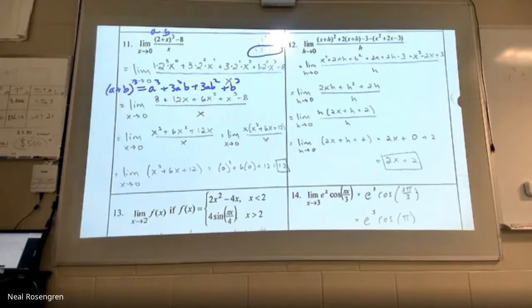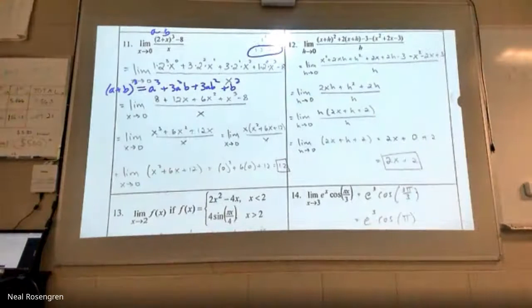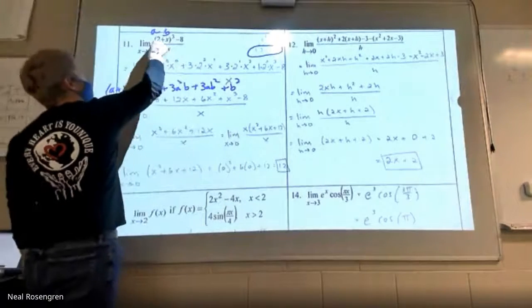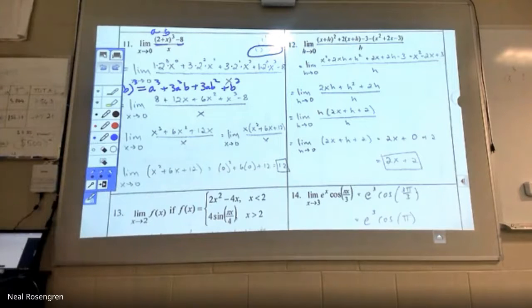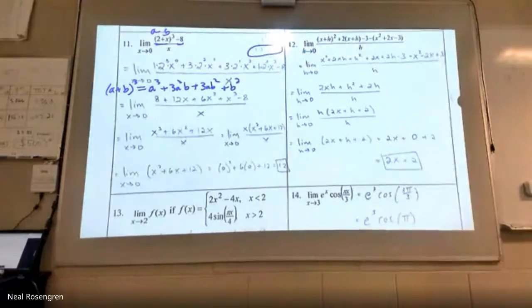Because the other thing that you could do, it's nice, it works, it's just not as easy, is to see it like this. That whole numerator is the difference of 2 perfect cubes. The first one being 2 plus x, the second one being 2, right? That is 2 plus x cubed and 2 cubed. And you can factor. And one of those factors would eventually be just x, and they would divide out. Let me do it out so you see it.